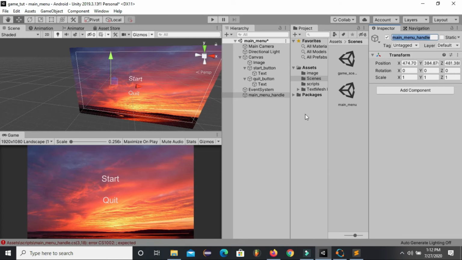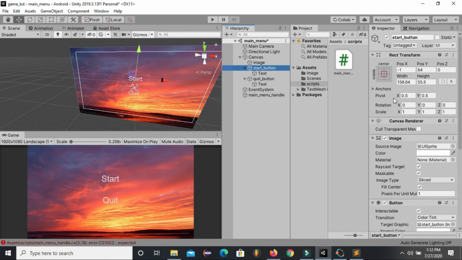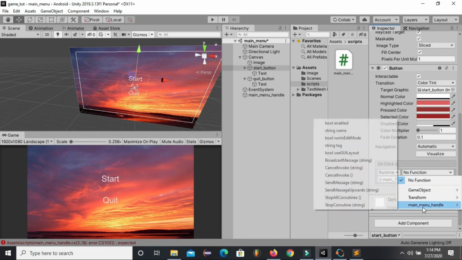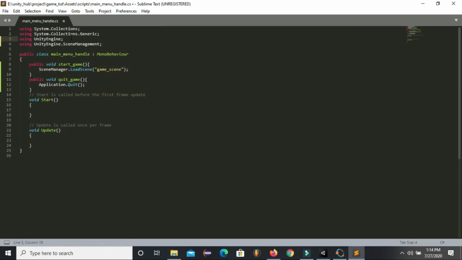I created this empty game object because I want to attach my script to it. Now I will drag this game object here, and here you can see the main menu handle script, and okay, there is an error in the script. You can see that we forgot to place a semicolon.